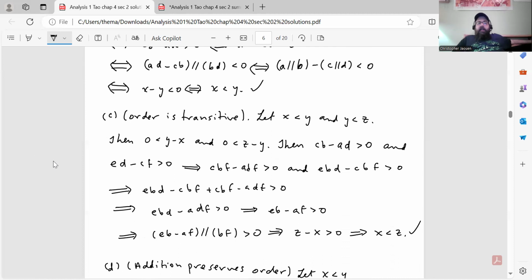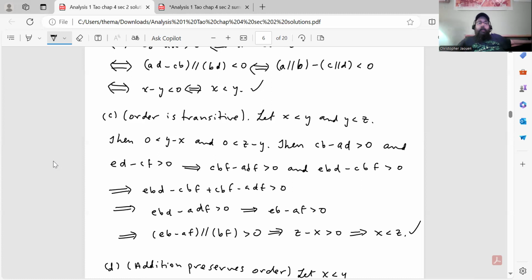Let x < y and y < z. Then y minus x is positive and z minus y is positive, which means that cb minus ad is positive, and ed minus cf is positive. Here I can multiply through by f, so cbf minus adf is greater than 0, and I can multiply the second inequality by b, so ebd minus cbf is greater than 0. I'm allowed to do that, and the order is preserved because these are integers that I'm